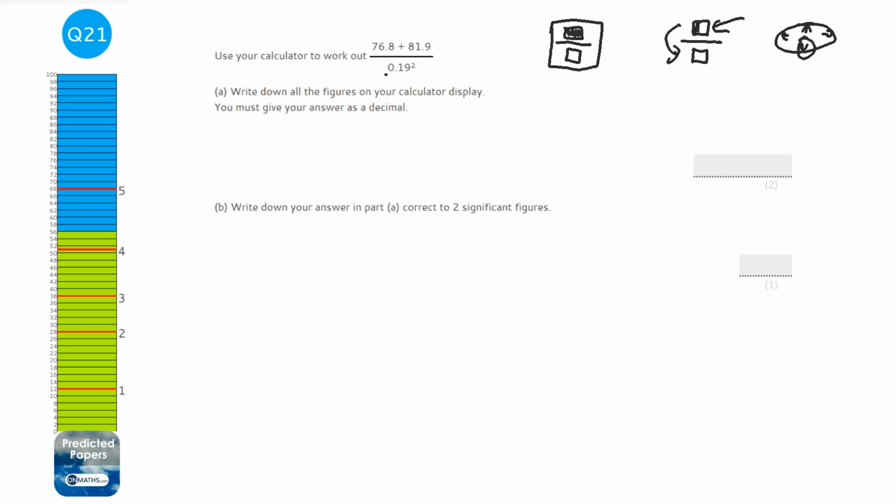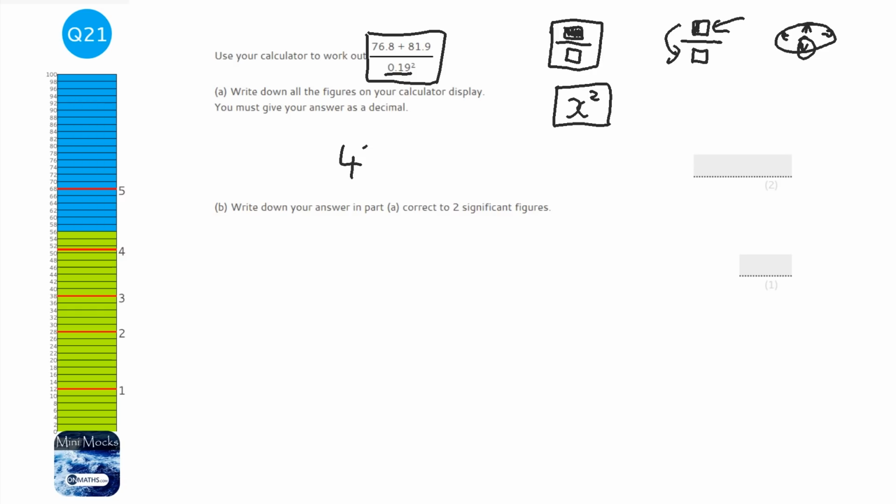Then we need to fill in this bit here, so 0.19. And then to get the squared button, it's on like that. So you just press that, and it looks exactly as it does in the question on the screen, so you know you've got it right. So you press the equals,